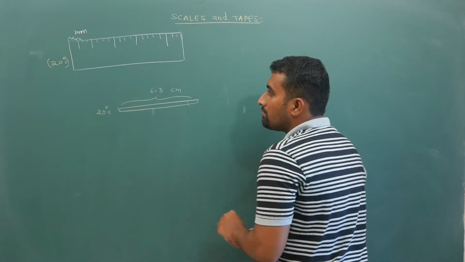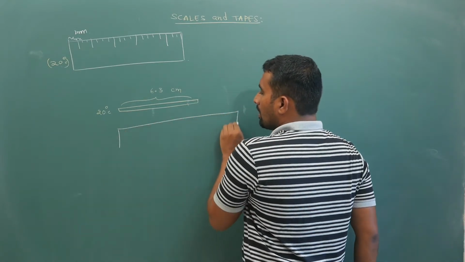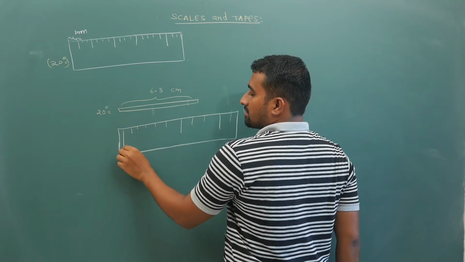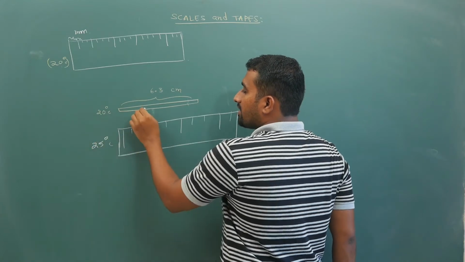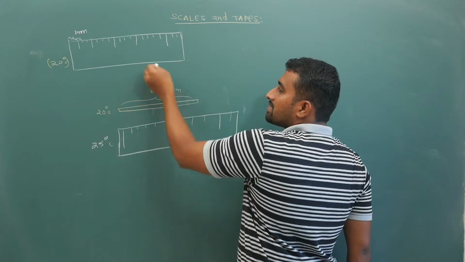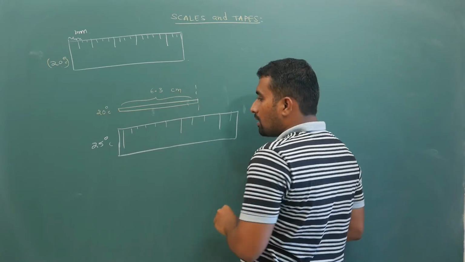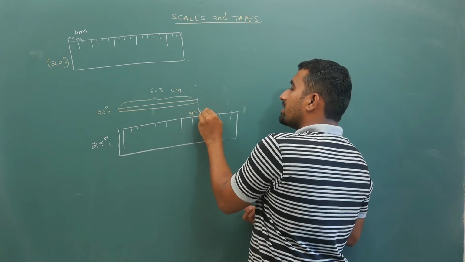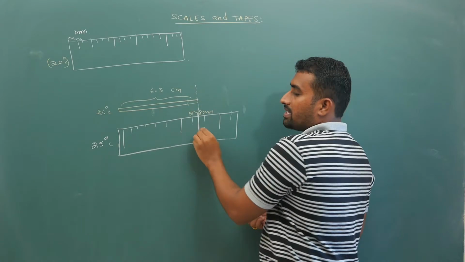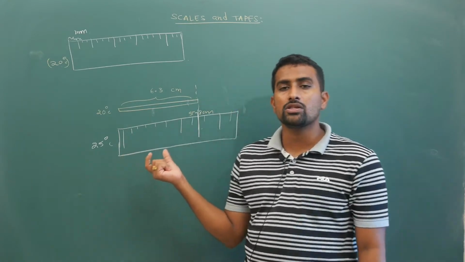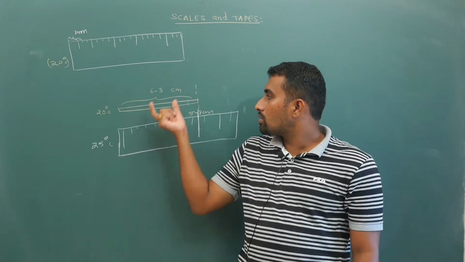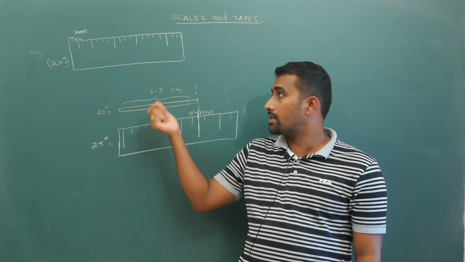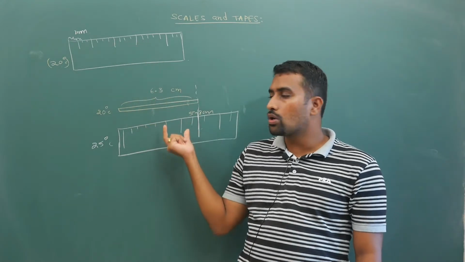If you are bringing it to some 25 degrees centigrade and you measure it at this 25, now the gap has increased. At 25 degrees centigrade, if you are measuring this object which at 20 degrees centigrade would show exactly 6.3, now because the gaps have been increasing, somewhere around 5.8 centimeter reading will actually be shown. So that means this scale, when you are heating it, will show a lesser reading. Your true reading is different, the measured value is different. Because the gaps are actually increasing, it will show a lesser reading.